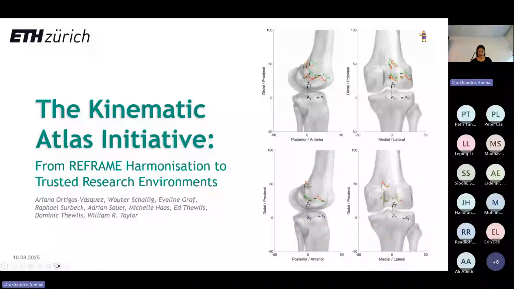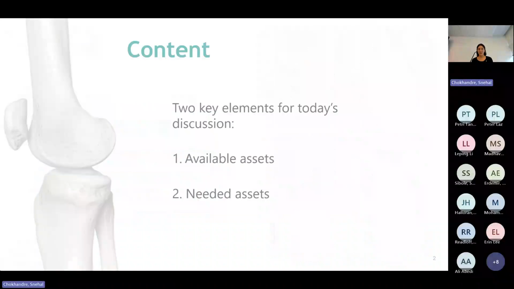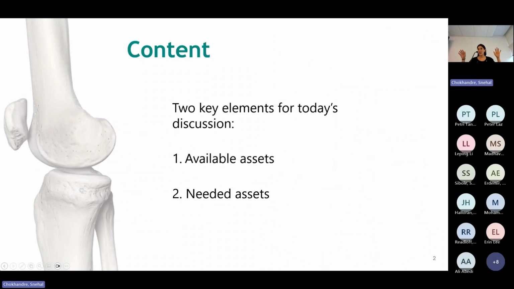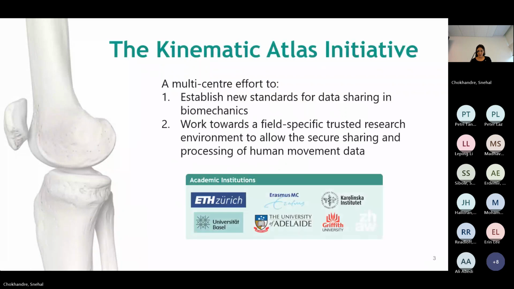Okay, so I structured my presentation to kind of mirror the structure of the session that Jason gave us at the beginning. So I'll start talking about available assets and then focus on needed assets. In terms of available assets, I'm going to talk about the Kinematic Atlas Initiative, which is a multi-center effort to